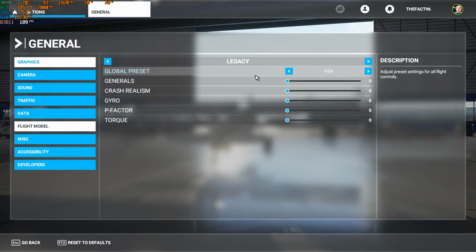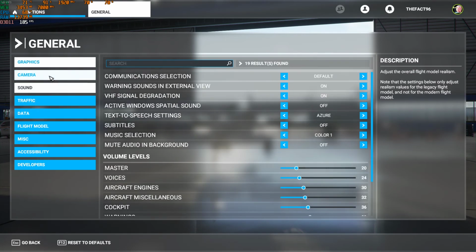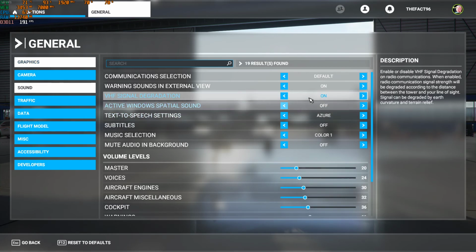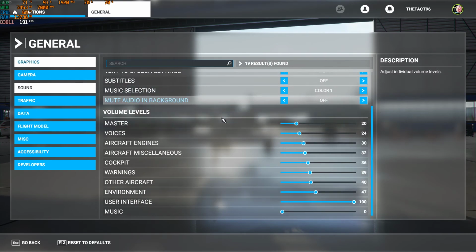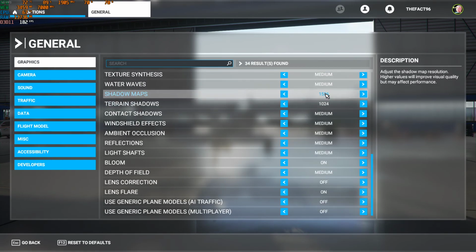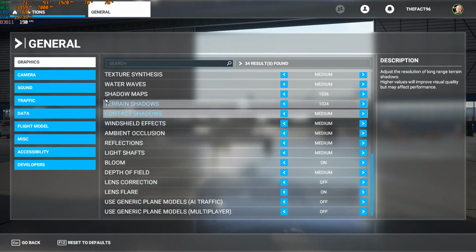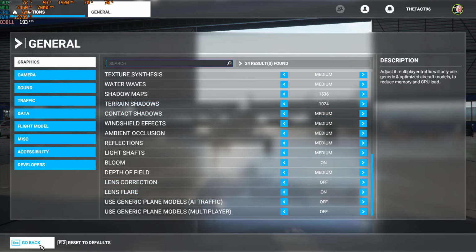Flight model we have on FS, of course. FSX is good. It's just more of a casual experience, you don't have to be the expert of all. We got our Azure on, and we got all that there. Music's down. User interface. Graphics. So we have everything on a medium setting level to get the best possible performance that you can get on